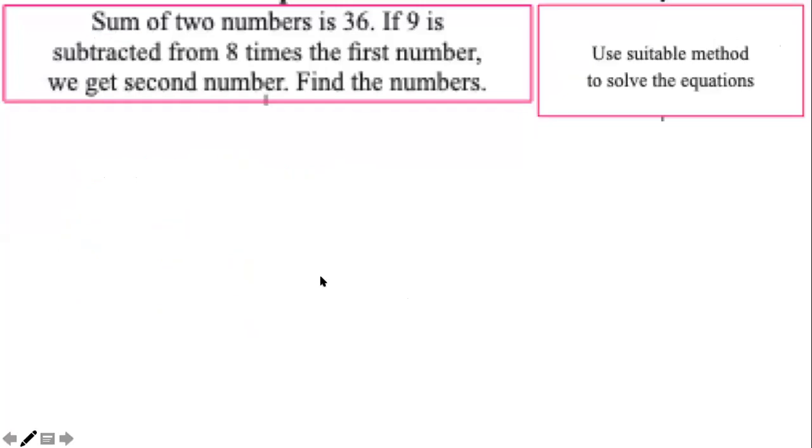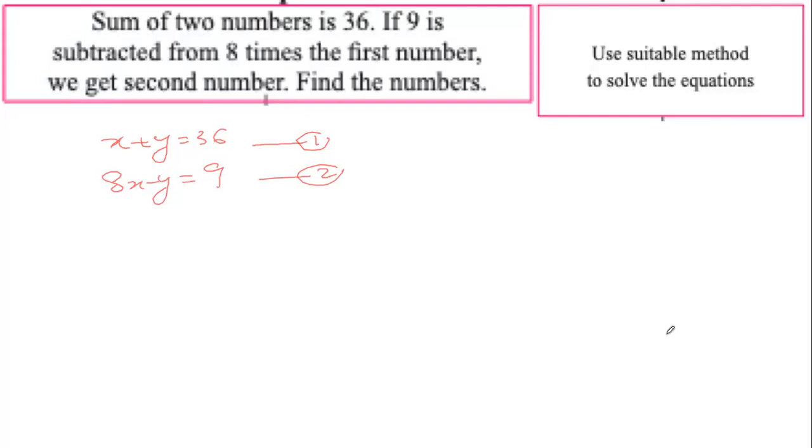Yes. Okay. So now we have to choose a method. The equations are x plus y equals 36 and 8x minus y equals 9. Tell me which method do you want to use, and also tell me why. Waiting for your answers. Your choice, completely your choice. There is no restriction. Chand is saying elimination. Thank you, Tushar. Chand, we can solve it by determinant method, but Tushar's idea is better.